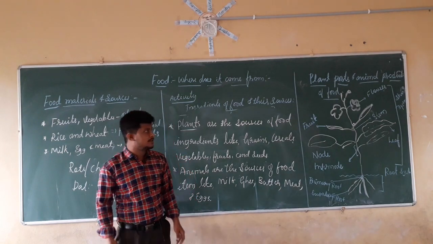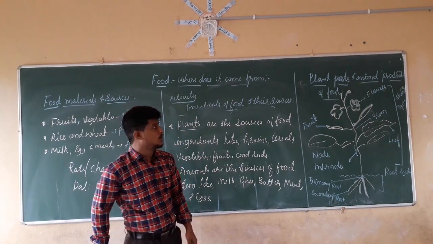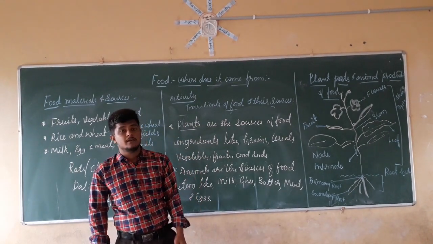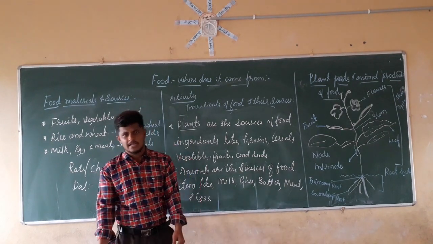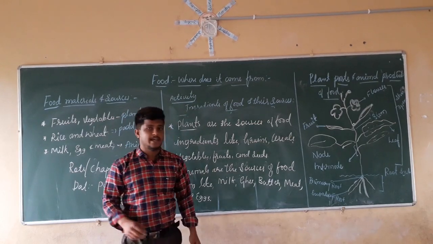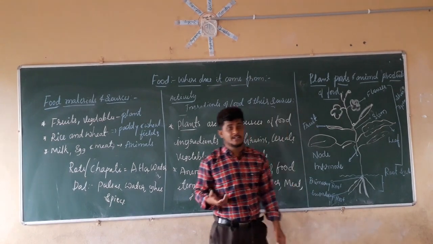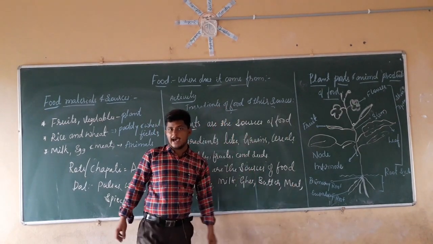But from plants we are going to get the vegetables. In the same manner, what are we going to get? We are going to get the seeds, the fruits, the flowers, right? In this case, we are going to study which plant parts and animal products we are going to use for making those food items.